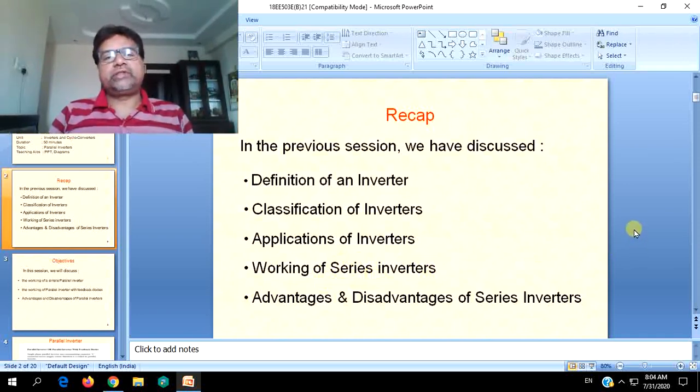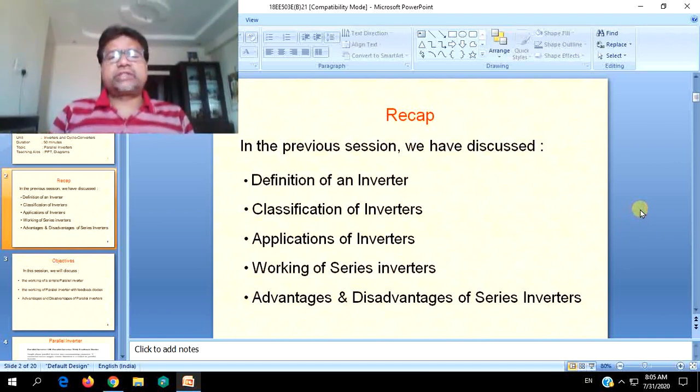And in the previous session we have discussed its working along with the resistive load, and if an inductive load were added, then the load impedance becomes more. Again in class A type of commutation or load commutation, different methods will come into picture. For less inductive load and for higher inductive loads, how will they vary? They depend on the commutation circuits, how the L and C are connected in parallel or series with the load.